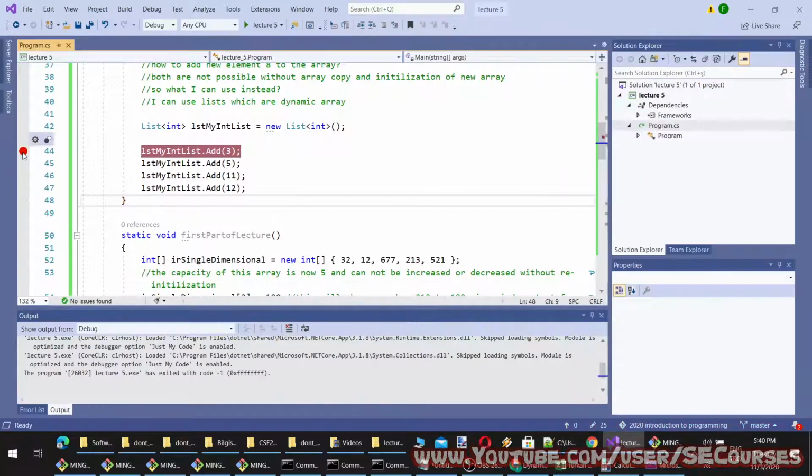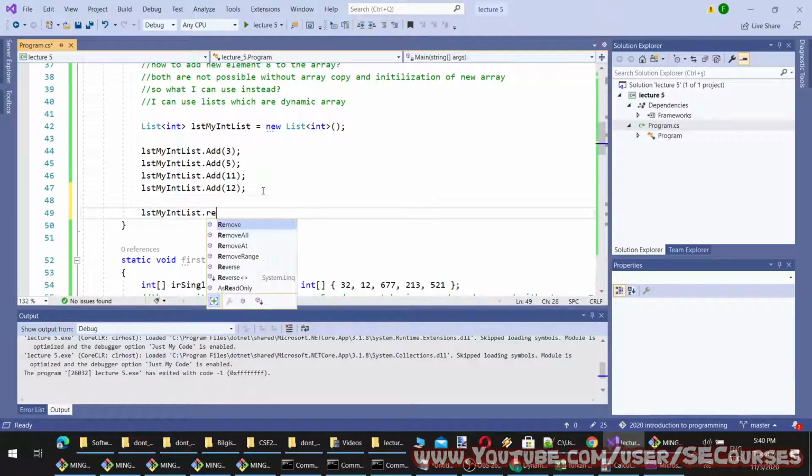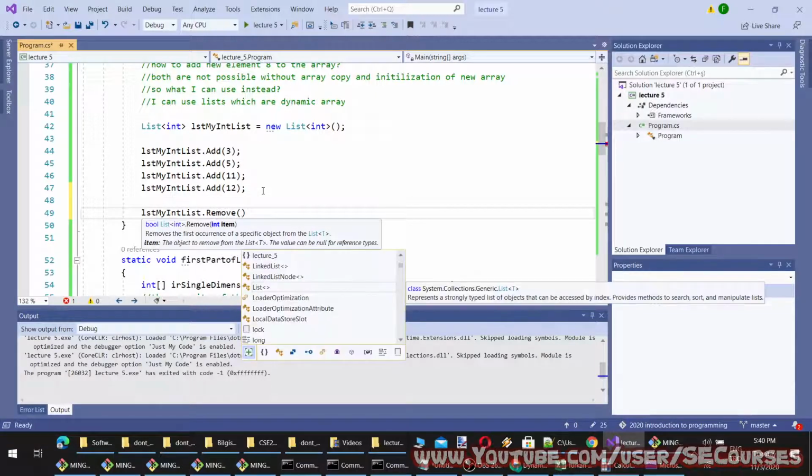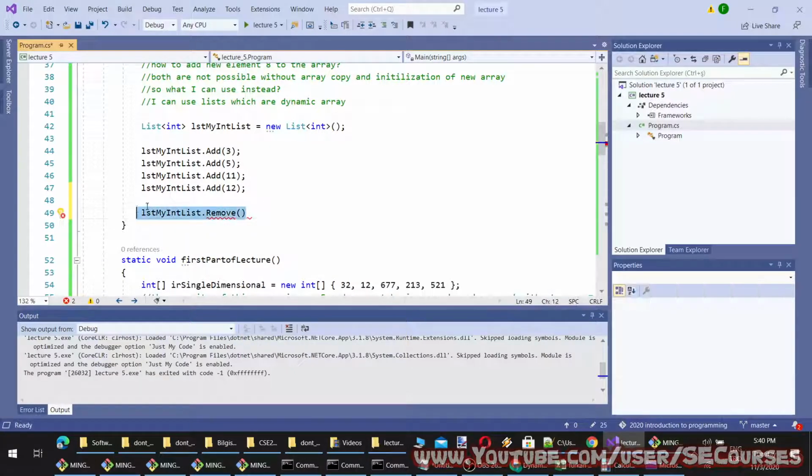Then I can remove any item I want like this, Remove, and you see, type the item name, it says it removes the first occurrence of a specific object. So this will remove only the first occurrence of the item because we can add the same item multiple times.